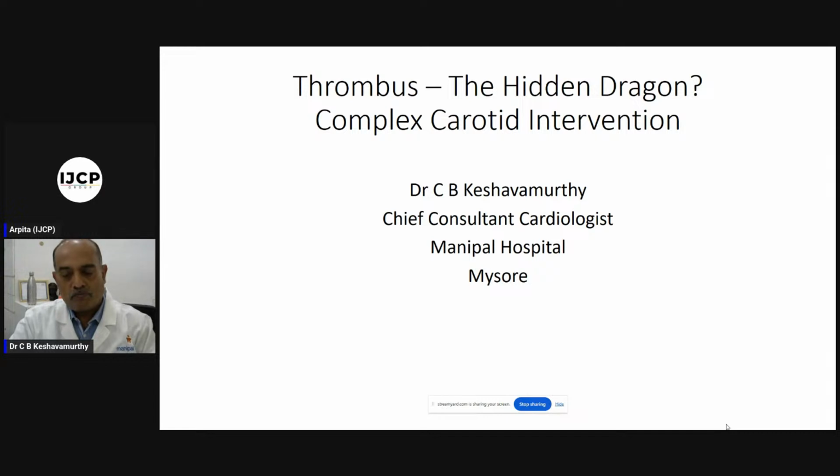So I would like to give a brief introduction on how thrombus plays a very important role in the lives of interventional cardiologists, neurologists, and the entire medical fraternity. We all know that a little bit of thrombus is necessary for life to contain the blood in the circulation. When there is a disruption of continuity of the blood vessels, thrombosis is a protective mechanism. But when it goes out of hand or occurs inappropriately or occurs in a large volume, then it causes a threat to life. In fact, we can say that one of the most important and leading causes of death worldwide is the presence of thrombus.